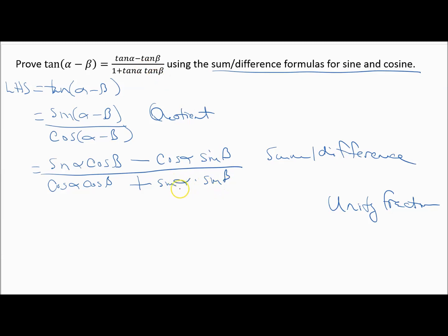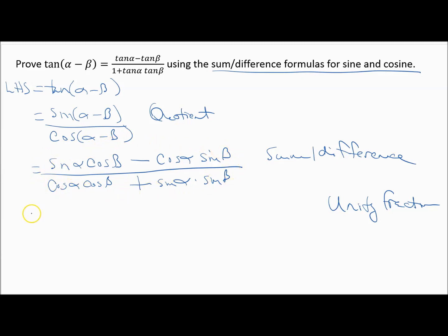Now, to turn this into a tangent of alpha and a tangent of beta, it looks like I need to multiply or divide this by a cosine of alpha and a cosine of beta. That would work, right? If this was over cosine of alpha, that'd make that tangent of alpha. If this was over cosine of beta, that'd make that tangent of beta. Well, notice that's exactly what's sitting right here, cosine of alpha, cosine of beta. So we're going to do a crazy trick. We're going to multiply this entire